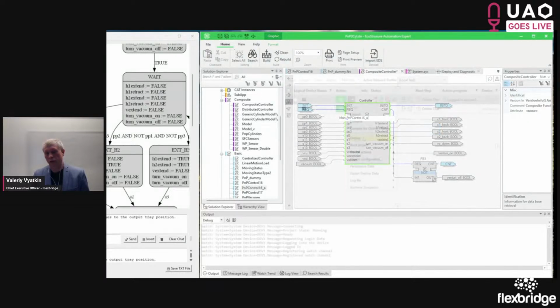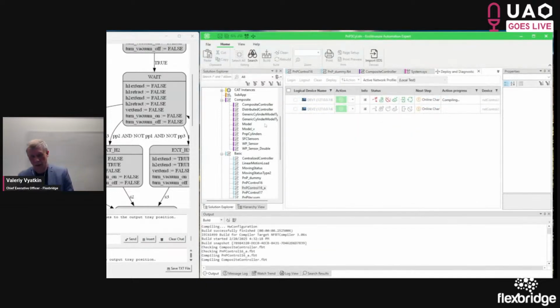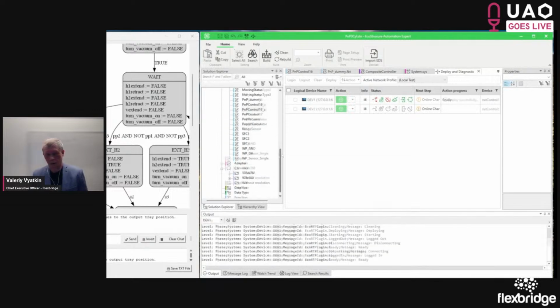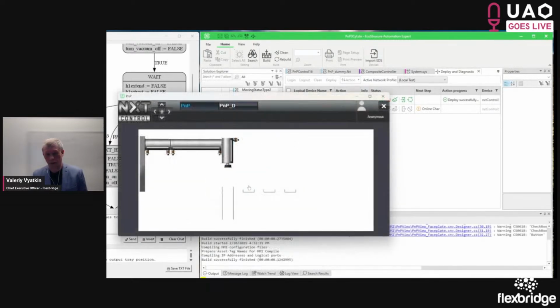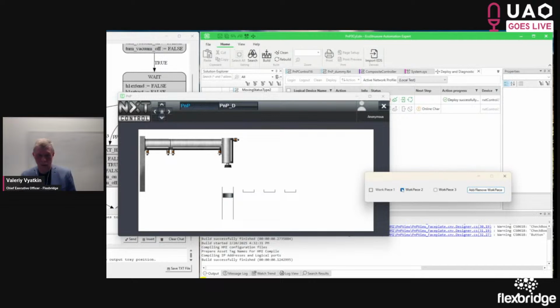Select the version 16a and deploy. So let us see if it works correctly. Now we insert workpiece. Yes, the problem has been corrected. Let's see how it reacts on workpieces being in all three trays.